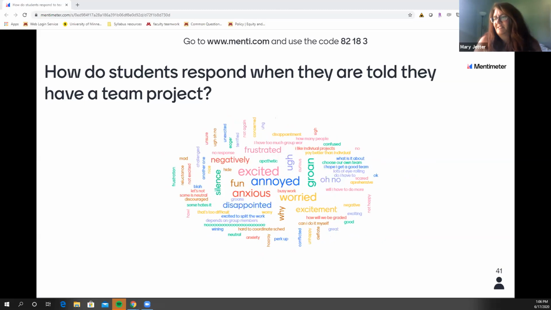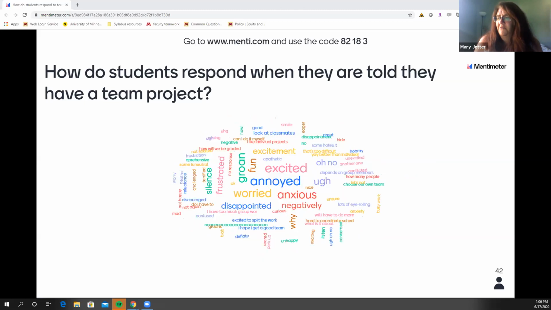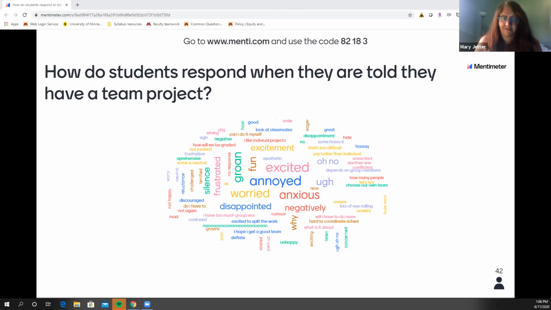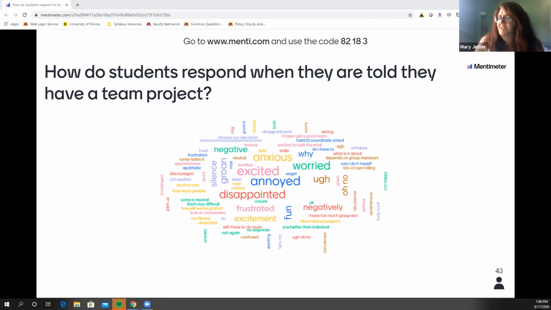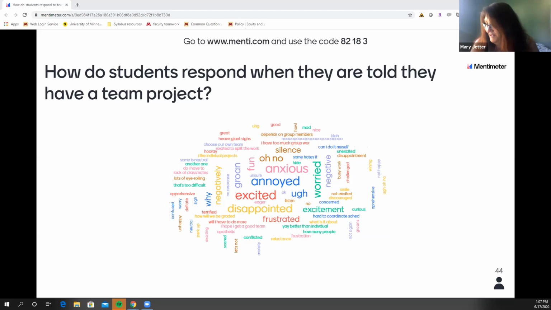So what this does is it creates a word cloud in real time, and words that are mentioned more commonly are in a bigger font size. So some students are excited. That's nice to hear. There's groans. People might be anxious, disappointed, negativity. Oh no, terrified, groan, silence. But great. I like individual projects. Yay, better than individual. So yeah, there's a nice variety here of